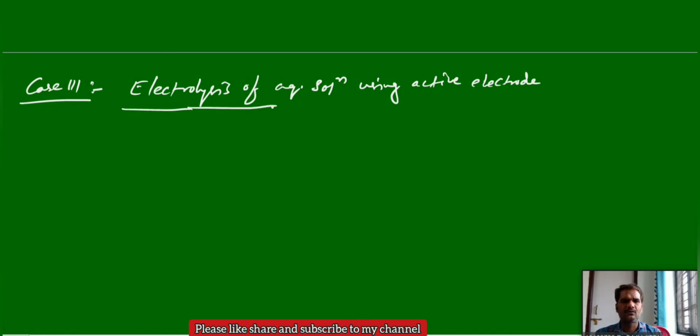We know that generally we have two types of electrodes. One is the inert electrode and one is the active electrode. So far we have discussed only the inert electrodes, that is, in the presence of platinum electrodes. Mostly in electrolysis we use platinum as the inert electrode. With an inert electrode there is no chemical reaction with respect to the ions. But in the case of active electrodes, the electrodes also can undergo some chemical change. They can undergo chemical reactions.